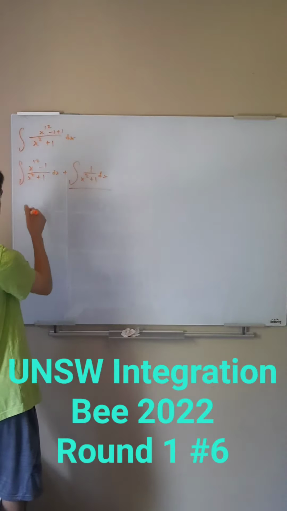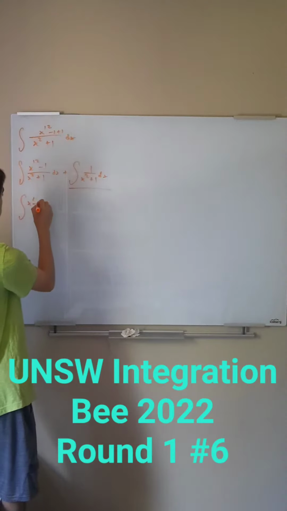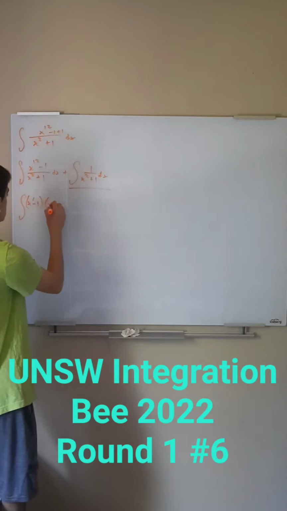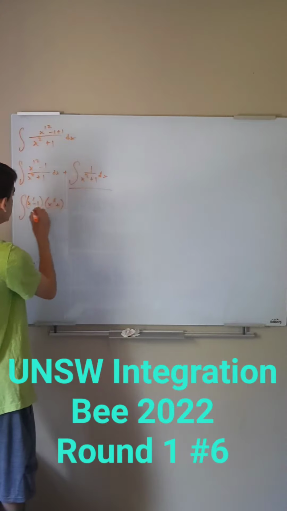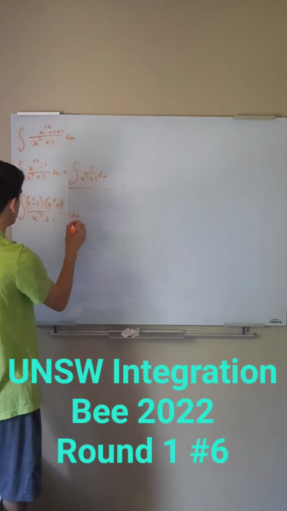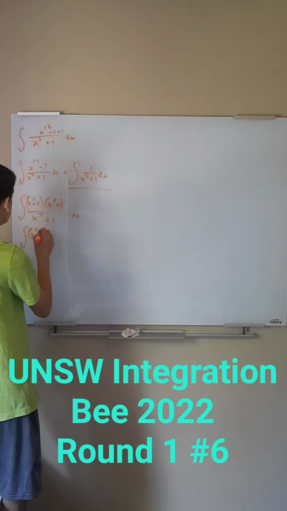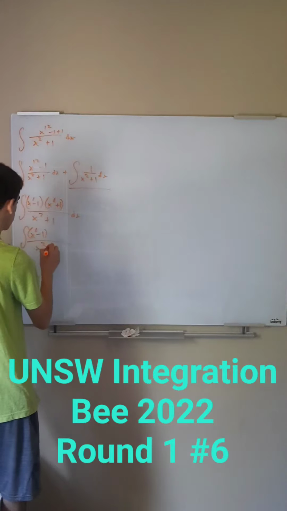But this one now, because of that plus 1 minus 1 we did, we could factor this. That x to the 12th minus 1 is just a difference of two squares of x to the 6th. So x to the 6th plus 1 and minus 1 over x squared plus 1 still. And now we're going to want to do a difference of cubes, or a sum of cubes, I should say. So the x to the 6th minus 1 and that x squared plus 1, both of those will stay the